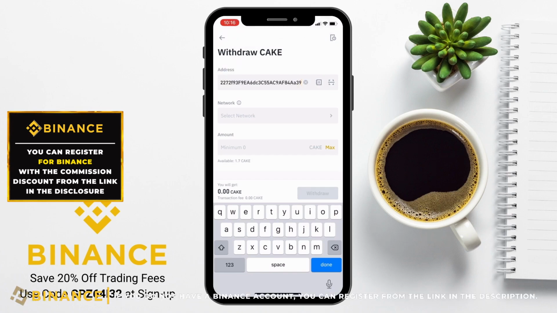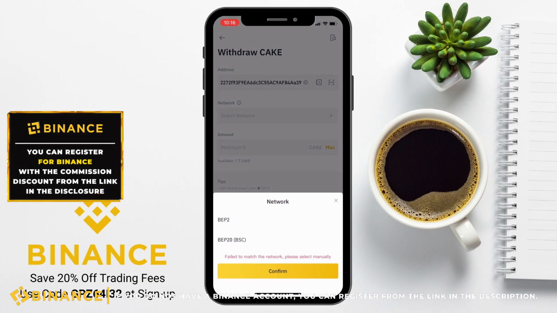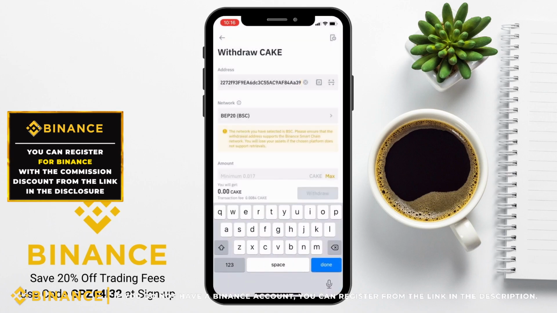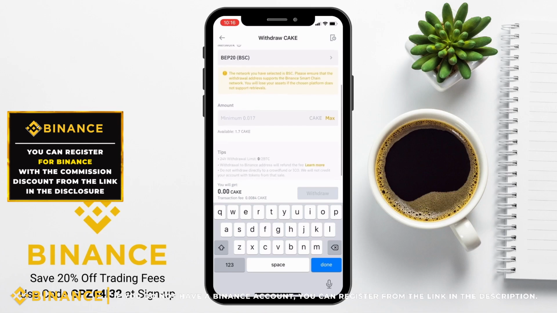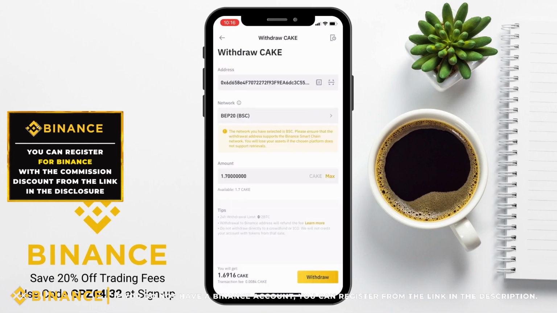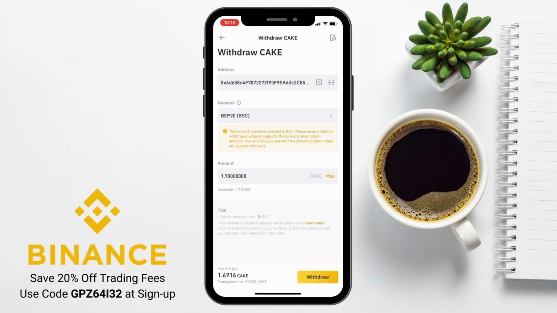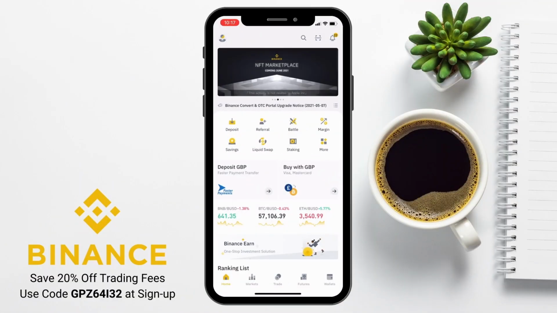Then it'll ask what network I'd like to send these on, and these will be on the Binance Smart Chain. And just make sure that when you are withdrawing your funds, you're always entering in the correct type of address for the correct type of crypto. If, for example, you send Bitcoin to an Ethereum address, you will risk losing your crypto. And you'll also need to pay a small fee here, which will depend on the type of crypto or the network that you're using. But with Cake and the Binance Smart Chain, that fee is minimal. Then when you're happy, you can choose to withdraw. So that completes how you